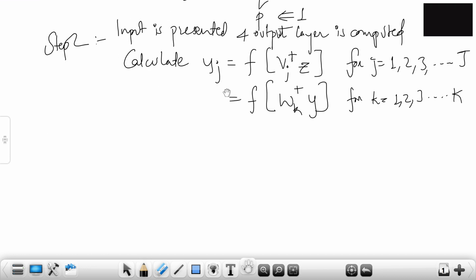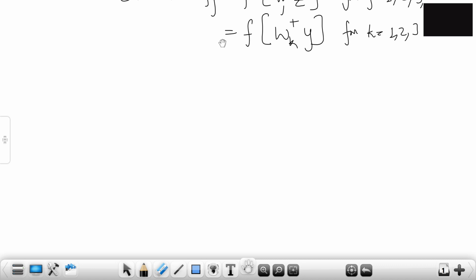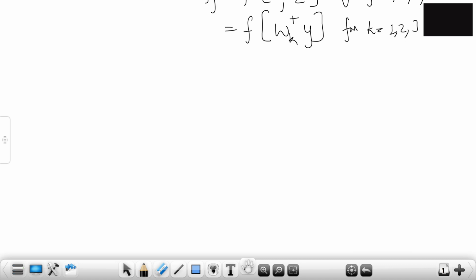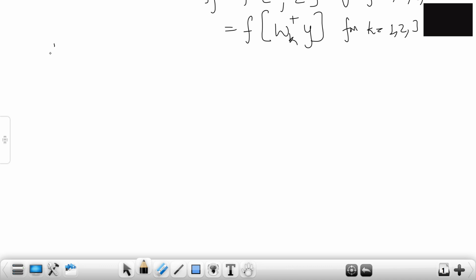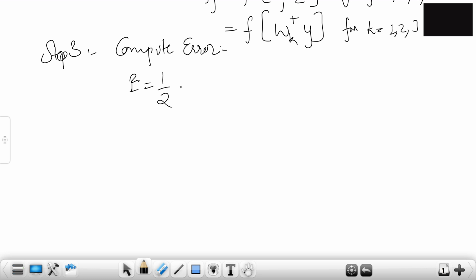Then we'll go ahead. After we calculate the output values, we're going to compute the error. So step 3. What is step 3? Compute error. E equals half of (dk minus Ok) the whole square, plus E naught.